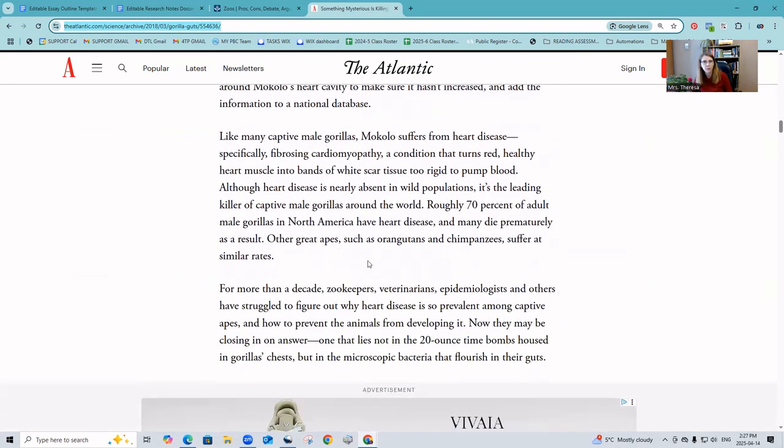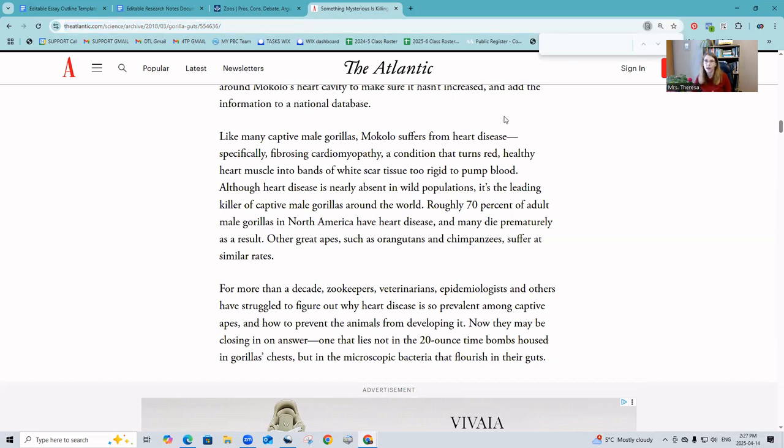I don't see where it says anything about the wild, but one thing we can teach our students is how to search the page. So we just press Control and hold it down, and we press an F, and it pops up this little search up here. And we're just going to put the word wild. Oh, look at that. Although heart disease is nearly absent in wild populations, you probably saw that, and here I was looking for it. So it is actually in here, and we could go on to read different information about silverbacks and all kinds of gorillas in this article.